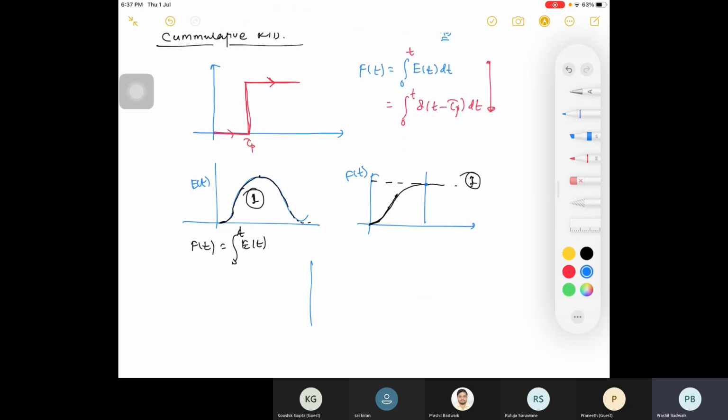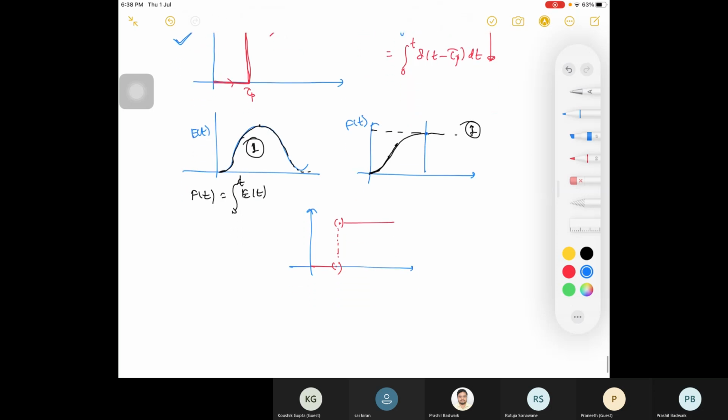Actually, I should have written it like this. It should be like a point function. Maybe you are aware, this is your hole, and then you will not have any value and suddenly you will get it at exit. So this kind of curve, maybe you know, and we are joining it by a dotted line. Such a curve will be there, but we are considering this for the general case. Okay, so this was your f of t. Any doubt here now?